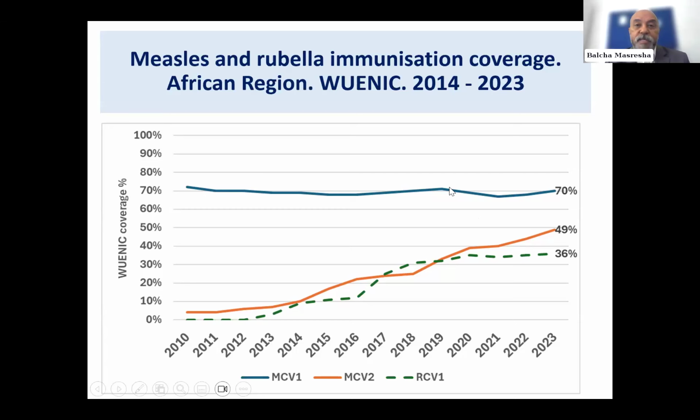And basically, with the increasing number of birth cohorts in the region from year to year, more and more doses are being given. But in terms of tipping the scales and increasing coverage, we're finding it very difficult, particularly because some of the populous countries like Ethiopia, Nigeria, Angola, DRC basically have coverage that is much lower in some cases than the regional average. So basically, it drags regional coverage down.